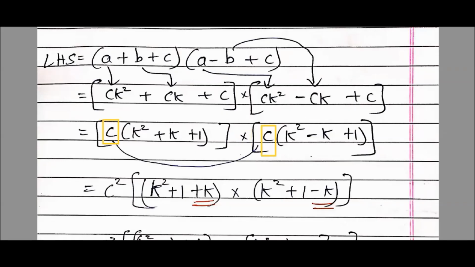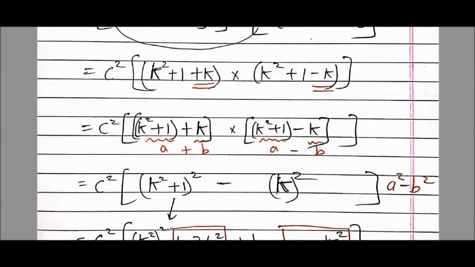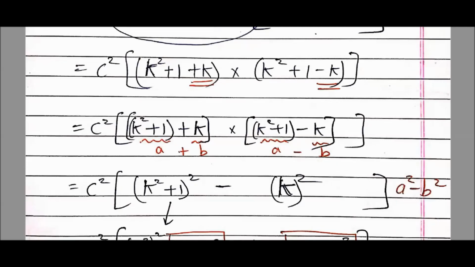Proceeding further. I considered this sum because it's a typical sum. That's the reason I selected the sum. Okay. Now if you closely observe, students, I have K square plus 1 plus K, K square plus 1 minus K. See, deliberately I have marked two red lines below. Why? Because this is the difference. K square plus 1 यहाँ भी है, K square plus 1 यहाँ भी है, but here it is plus K or here it is minus K. To mark the difference between the two brackets, I have marked this red pen.